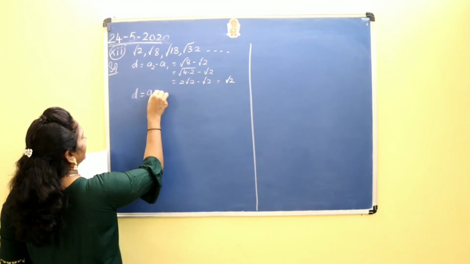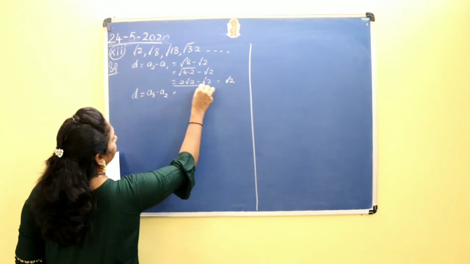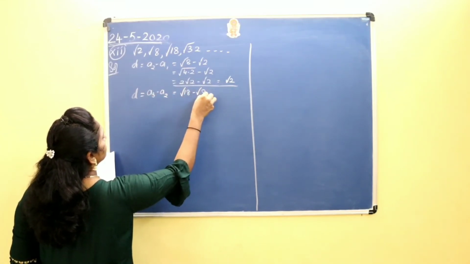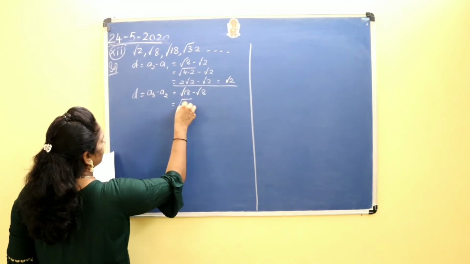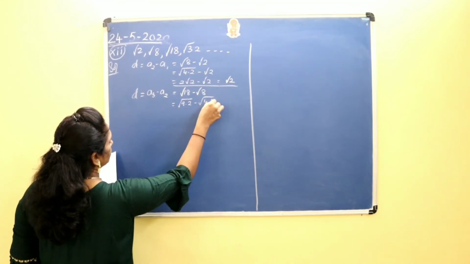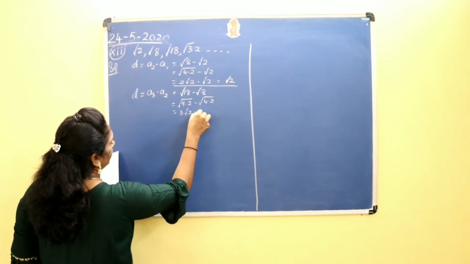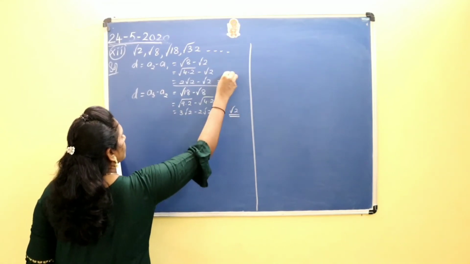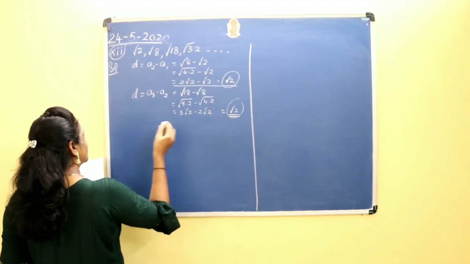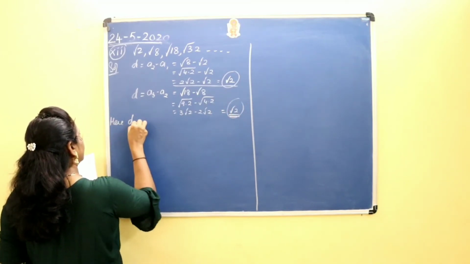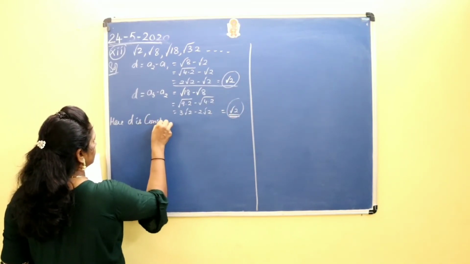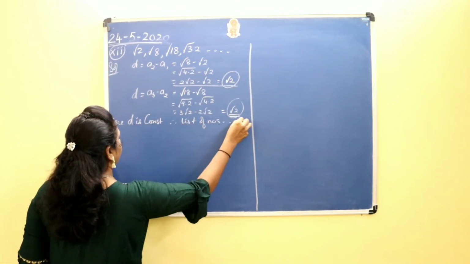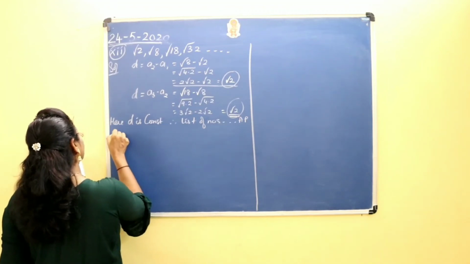Again D is equal to A3 minus A2. A3 is root 18 minus root 8. This is root of 9 into 2 minus root of 4 into 2. This is 3 root 2 minus 2 root 2, which will give you again 1 root 2. So here your D is constant. Here D is constant. Therefore, the list of numbers are in AP. The next three terms are